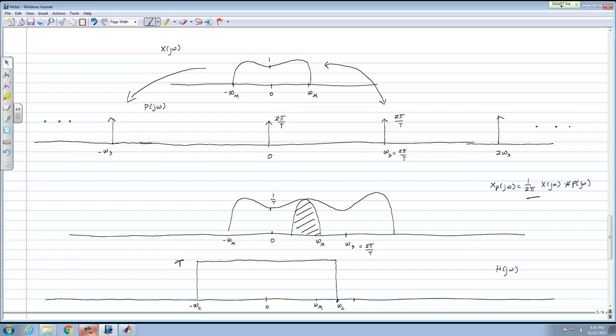So the convolution is really in the frequency domain. The multiplication is in the time domain. In some sense, you don't actually convolve it. All you do are operations in time. You take your x of t, you multiply it by an impulse train, and you come up with some samples. If I could take the Fourier transform of this sampled version, it would look like these replicas added to itself. As long as the replicas don't overlap, there is hope for me to get my x of t back, and I can get it back by a simple low pass filter.